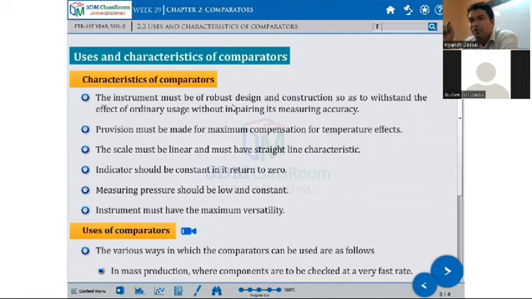Okay, there are some instruments like CMM, computerized measuring system, CMM, coordinate measuring machine. CMM, coordinate means